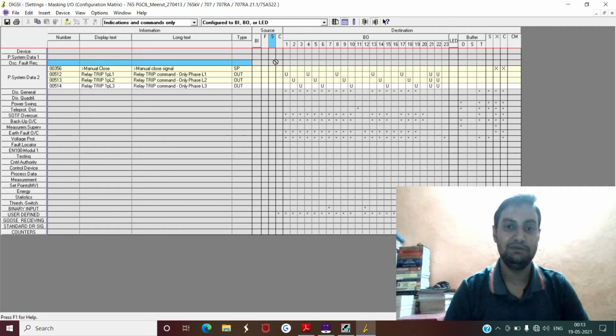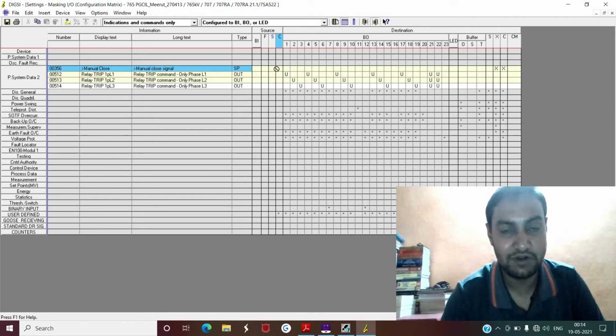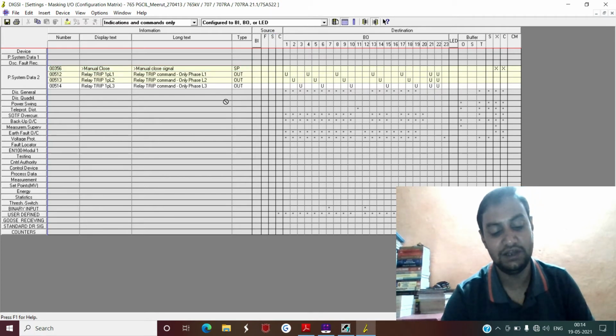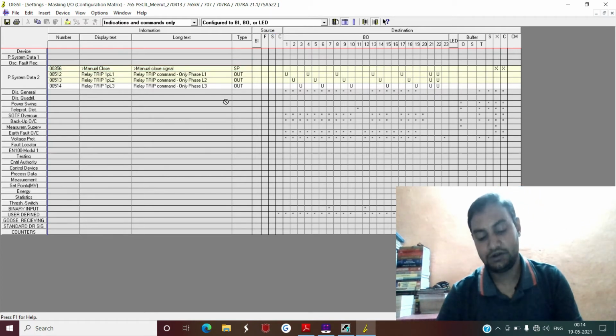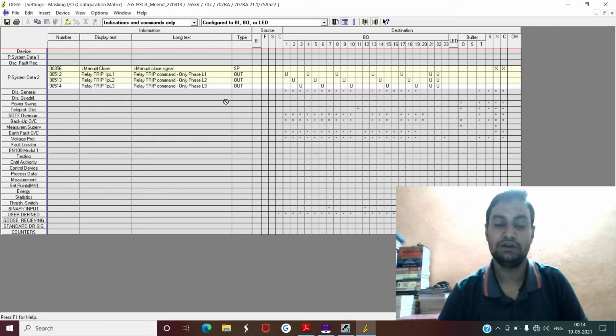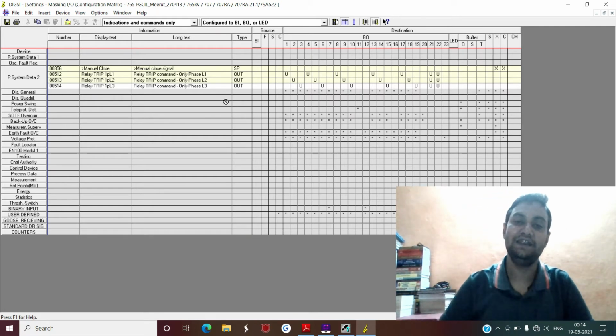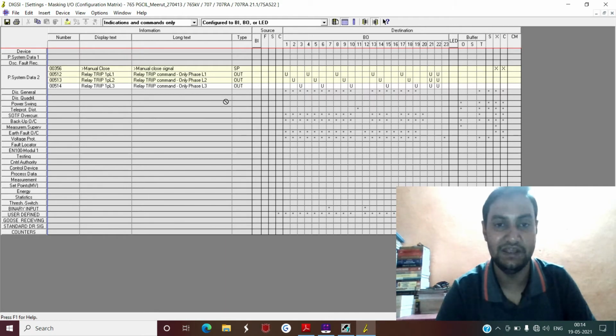The scheme I am considering here is for one of the lines, and the bus scheme here is a 1.5 breaker scheme. That's why we have main CB and tie CB. And outputs 1, 2, 3 are configured to get high in case of a trip, and to extend the DC to tripping coil 1 of the main CB.